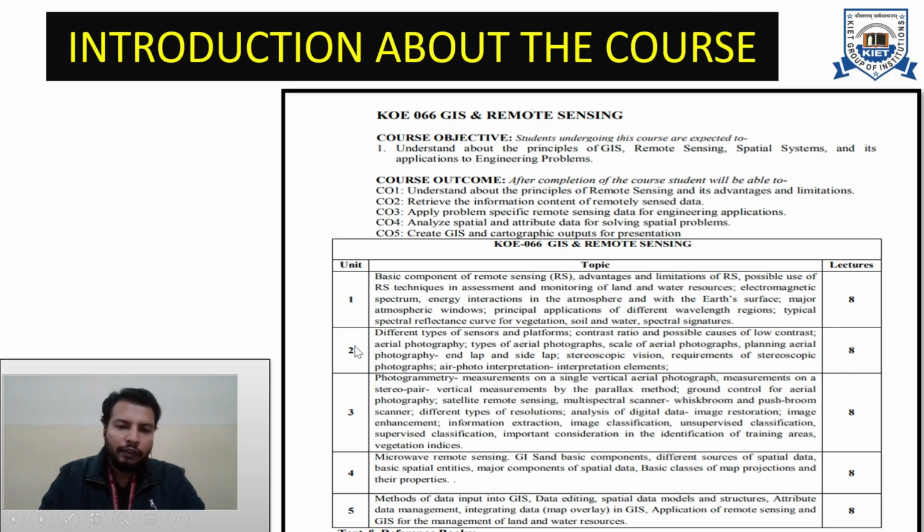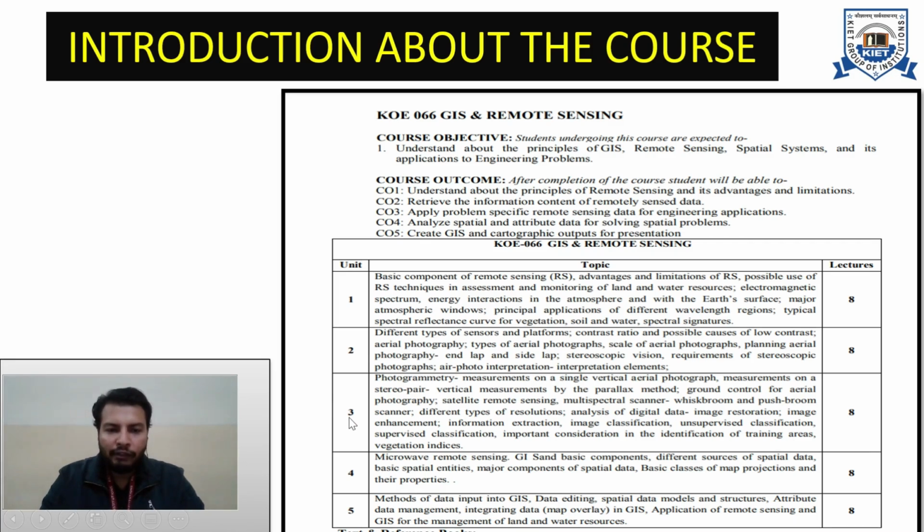So what are those different elements. If we summarize what we have to study in unit 2, it will be more focused on some enhancement techniques. We will be studying some enhancement techniques in unit 2, as well as learning the various concepts and processes involved in flight planning for performing aerial photography. Coming to unit 3, we are now more concerned about taking observations with the help of photographs.